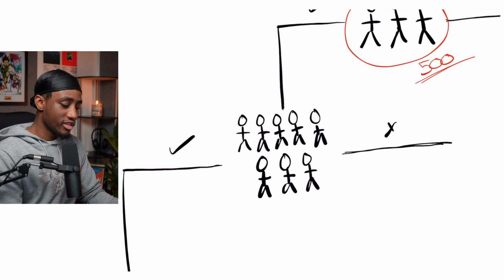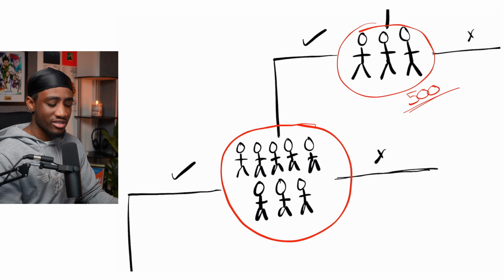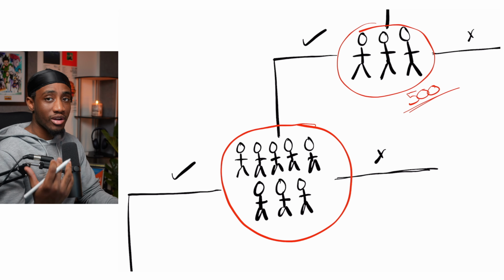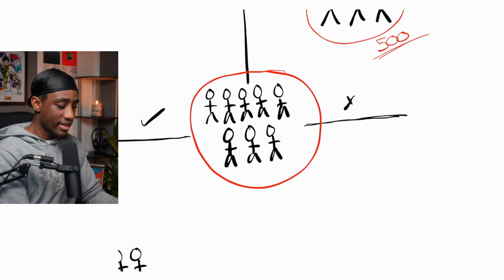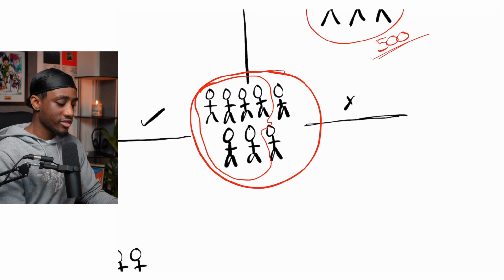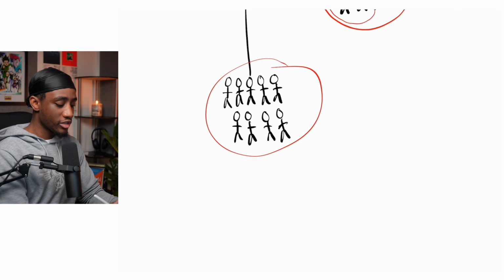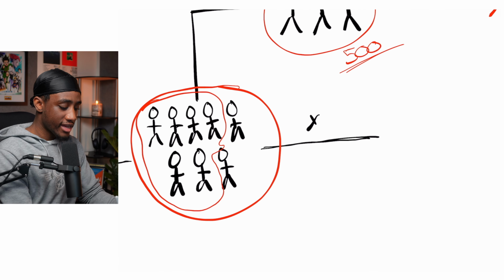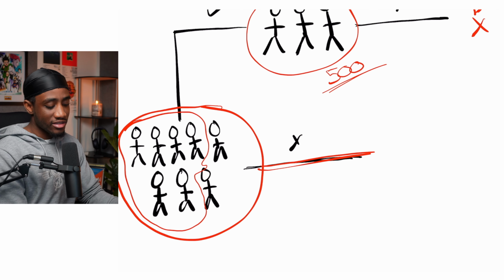Now, moving on to the second batch. If your video gets pushed out to the second batch, you've passed the first phase. People have shown interest in your video. They like it. They've shared it. They've possibly saved it. They've possibly replayed it. And then the same thing happens. If the majority of these people like the video, it will continue to get pushed out to more. And this cycle just repeats and repeats and repeats. Now, the cycle can die at any time if people are deciding, yeah, I don't like this video.